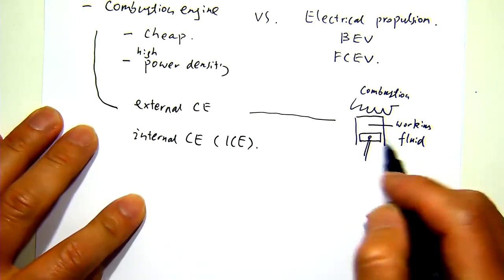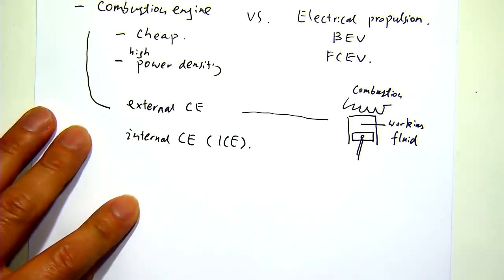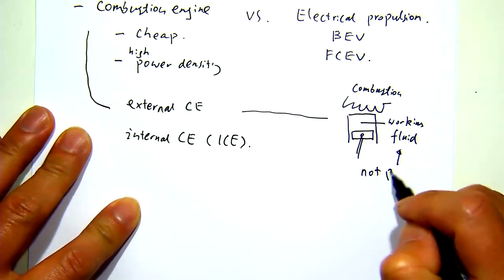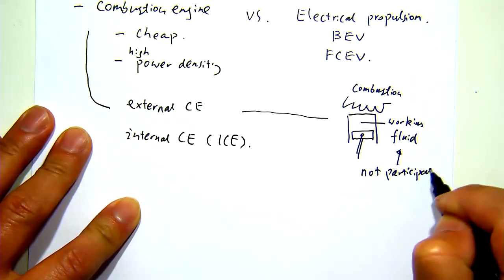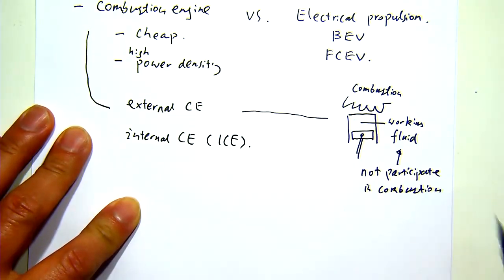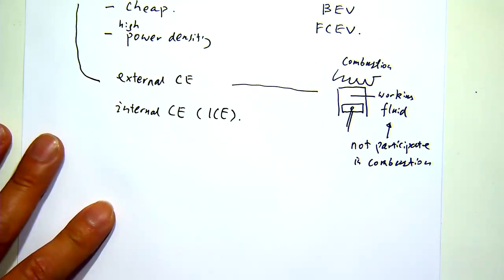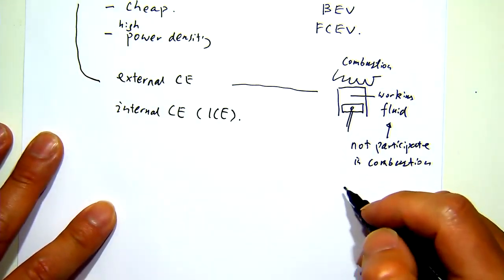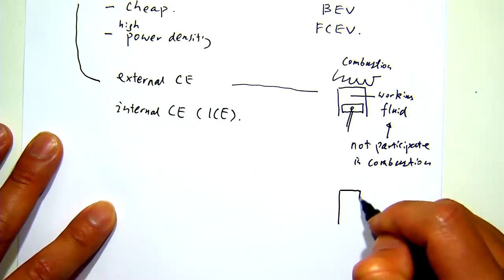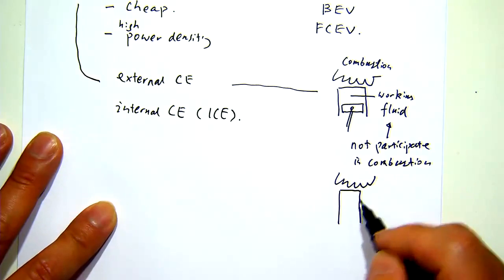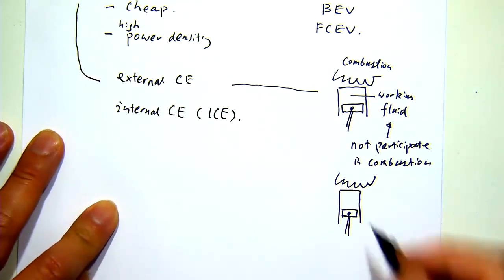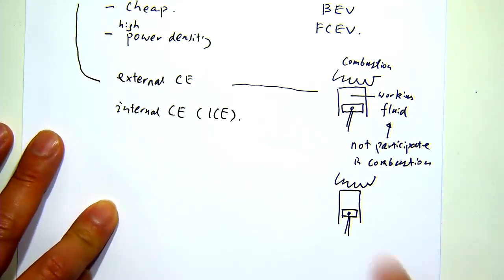All right. So for the external combustion engine, the working fluid does not participate in combustion. And the given example is actually running on the Stirling cycle. What happens is you have the combustion happening here to heat up the gas and push the piston to do work. And when the piston is pushed away to an end,